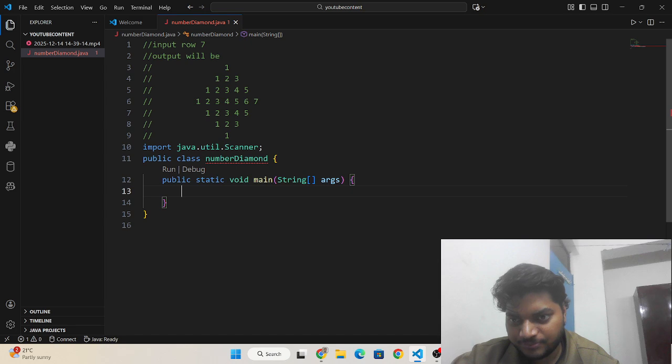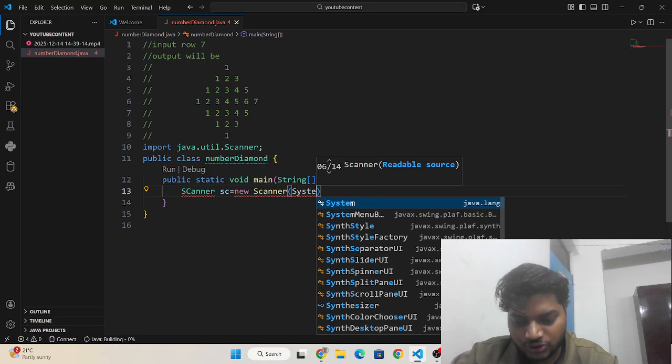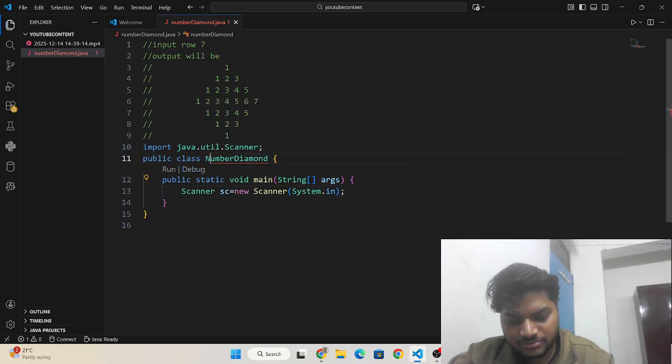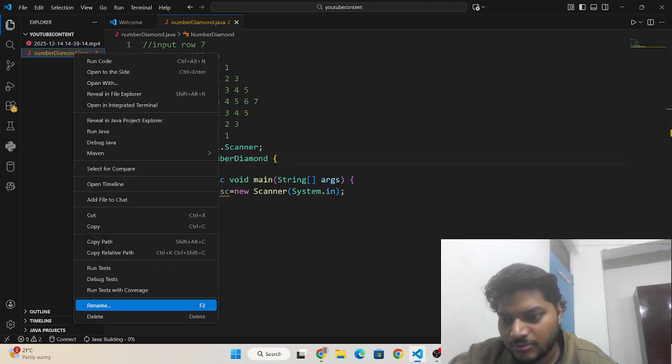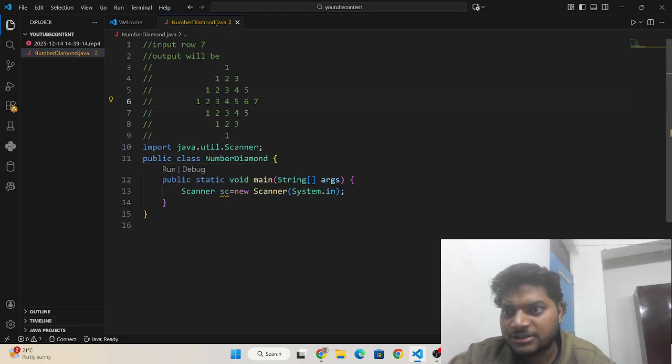So I need to write Scanner sc equals new Scanner(System.in). Here the I in System should be capital, and in is small. Okay, now it is correct.